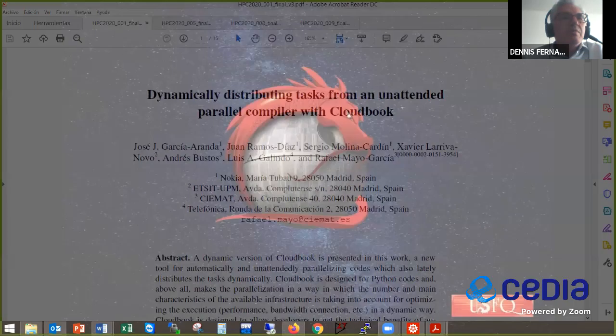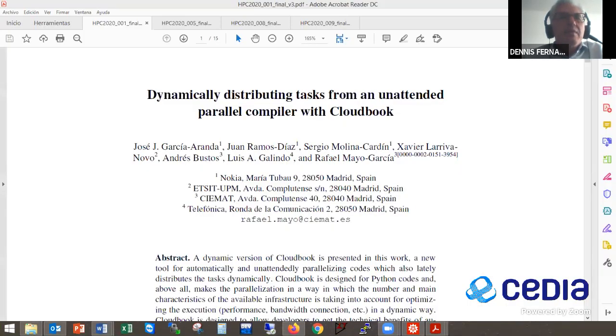Okay, thank you very much. There is another question, I guess for you. You mentioned there is an original static partition for the dynamic partition. Is it so? Well, yes, the initial Cloudbook